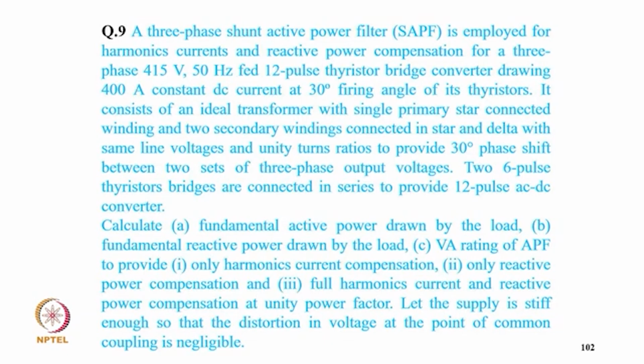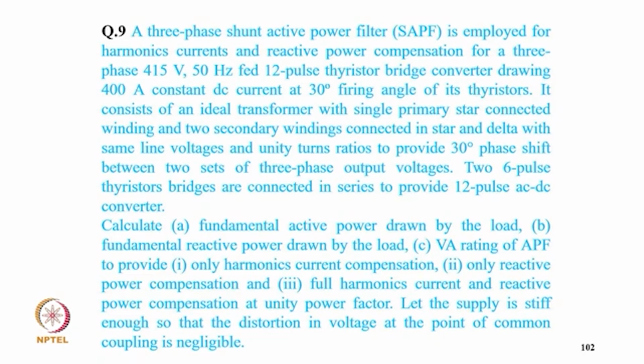Coming to example 9: a 3-phase shunt active filter is applied for harmonic current and reactive power compensation of a 3-phase, 50 Hz, 12-pulse thyristor bridge converter drawing 400 ampere constant DC current at a 30 degree firing angle of its thyristors. It consists of an ideal transformer with a single primary star-connected winding and 2 secondary windings connected